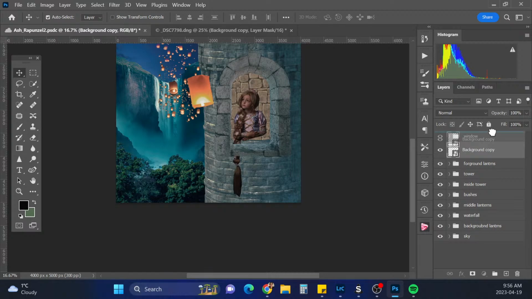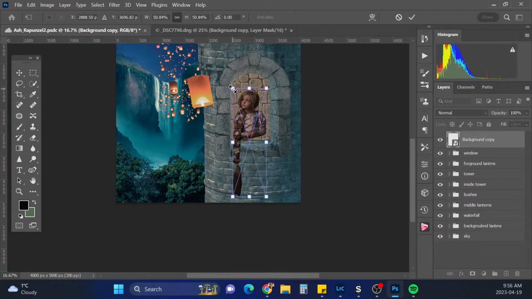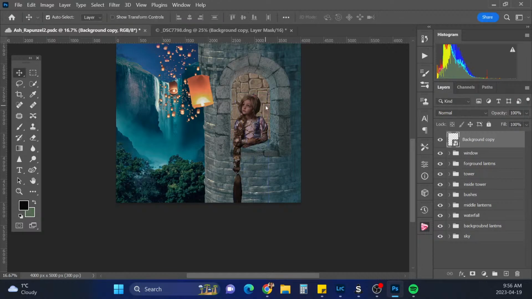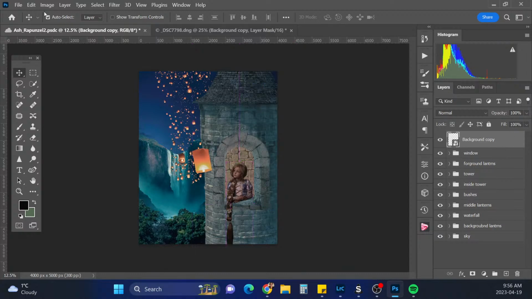Oh, it's way at the top. Okay. Put her a little bigger. So something like that for now. And I'm just going to quickly save this.